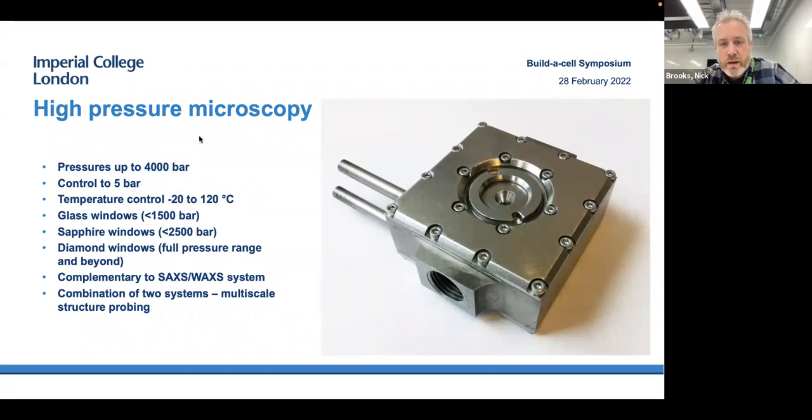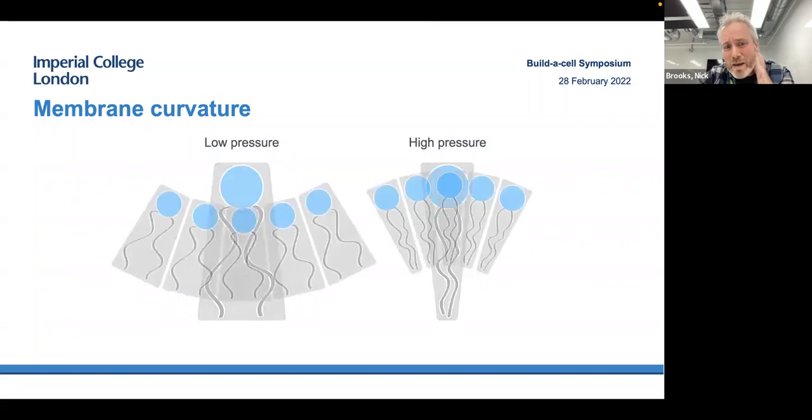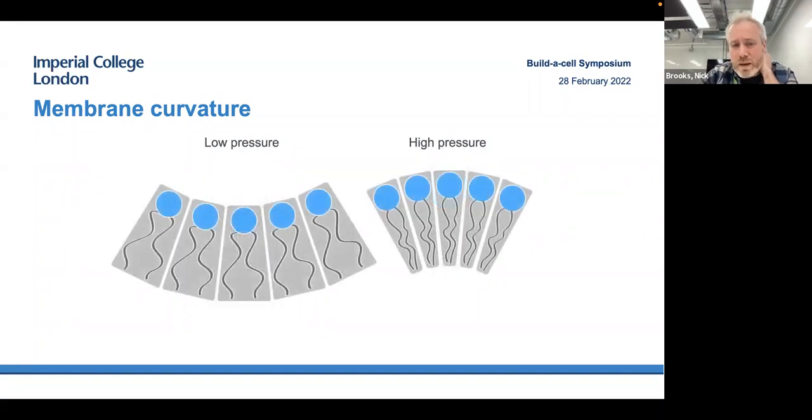So those were two of our first bits of instrument development to try and address some of these questions in high pressure membrane biophysics. And one of the first things that's quite important to think about is what happens when these membrane lipids pack together. Apologies if this is obvious, and I guess it is a little bit, but when you start to pack these membrane lipids together, you reach a situation where you can use pressure to change the preferred curvature of